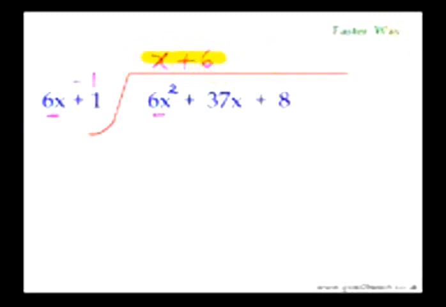So we have got the final answer. This is our quotient. Well, if you want to find the remainder as well, not a problem at all. Once again, do the same thing. -1 times 6 is -6, and -6 plus 8 will give us plus 2. So the remainder is plus 2.